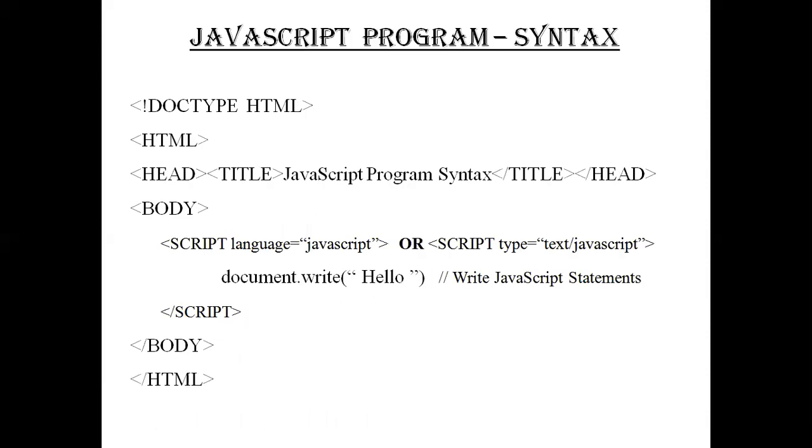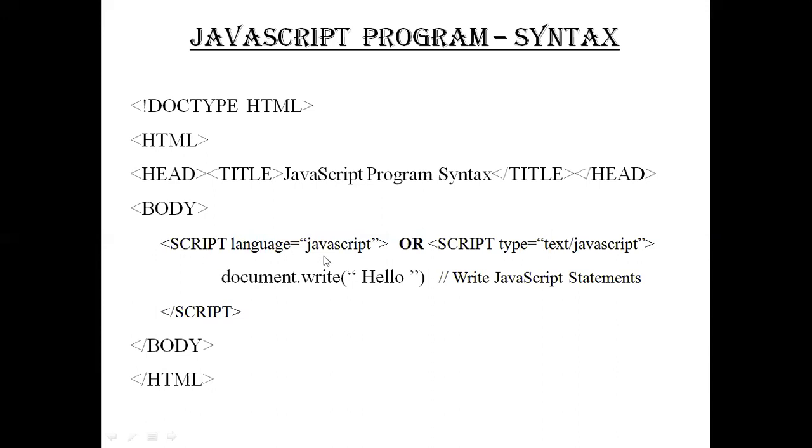Next, we will see how we write a JavaScript program, the general syntax of it. Starting with exclamation DOCTYPE HTML, HTML, head, title. Normally how you start an HTML program, the same way you start a JavaScript program. Close title, close head, body. Now here we used to write the HTML statements when we learned the first chapter, web designing. Now when it comes to JavaScript, we will be enclosing the script tag in the body tag to write the script. So you have to use the script tag.